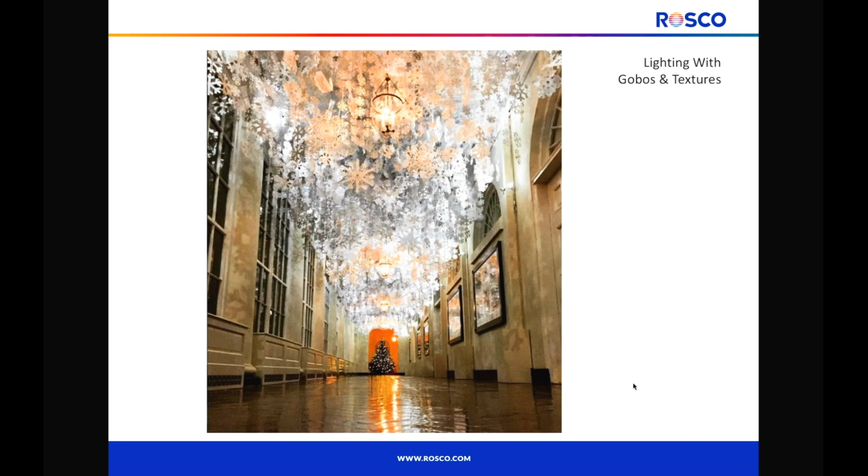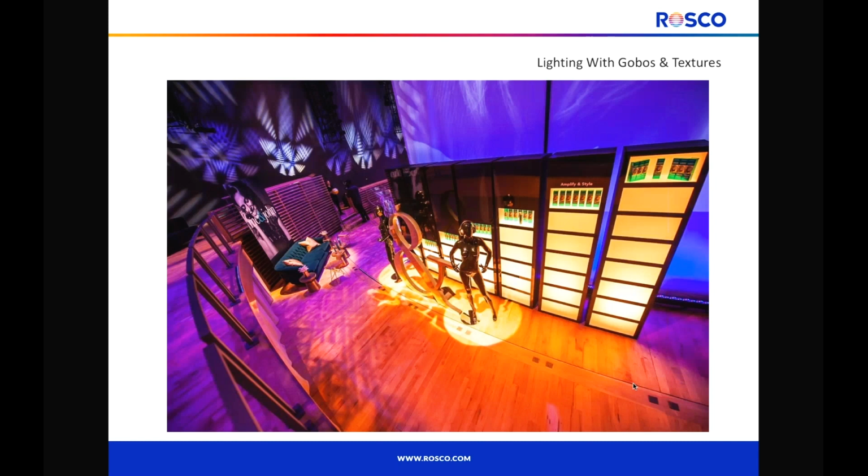And as you can see here, there's a lot of texture on the walls, this sort of snowflake pattern that's projected, texture amongst this snowflake pattern in the ceiling. But to point out, there are no gobos. This is purely soft, cool white light shooting through objects, passing through objects, layering onto each other, laying onto the walls, projecting the image of those objects onto the walls, just using light without gobos.